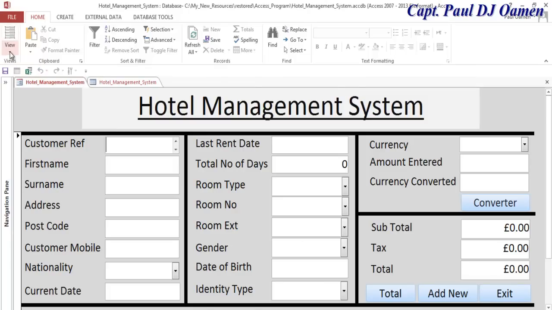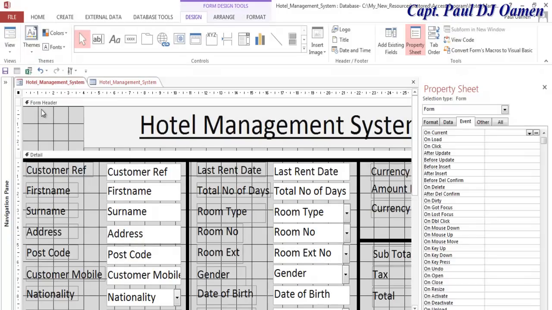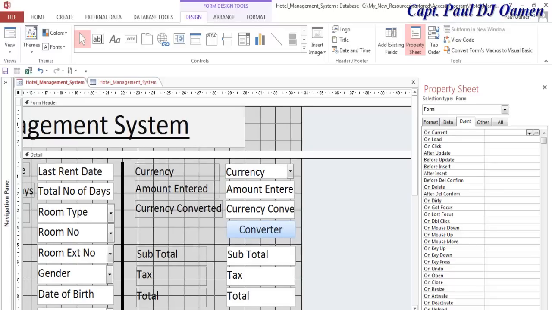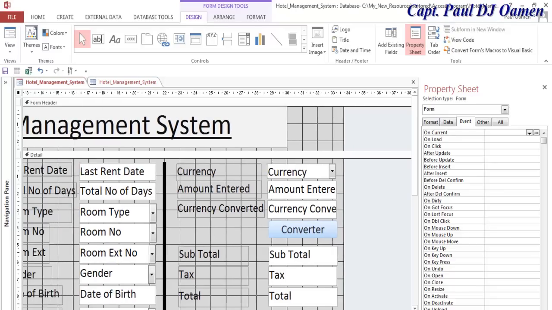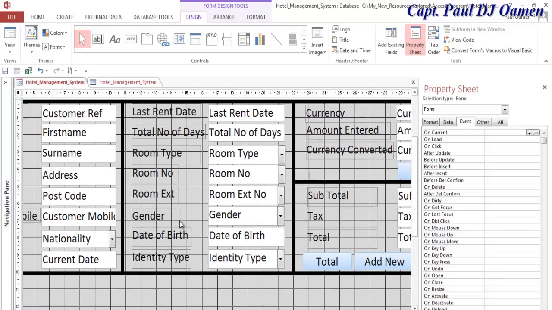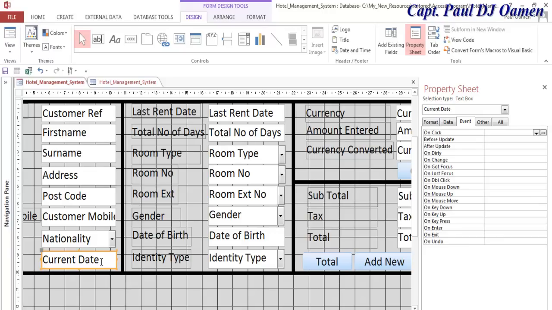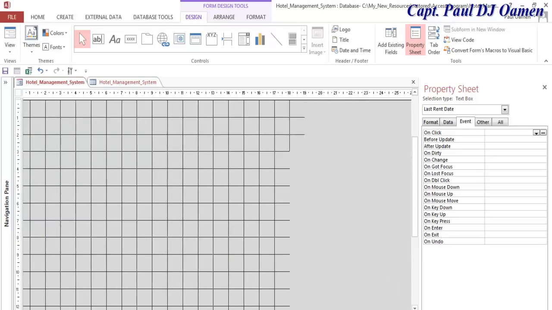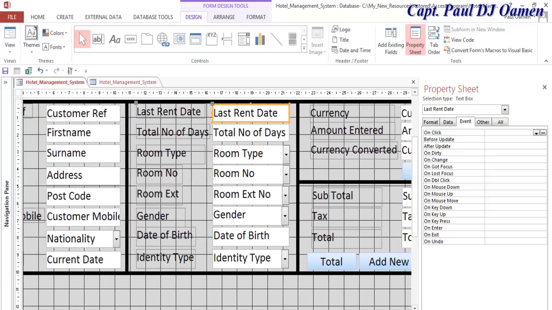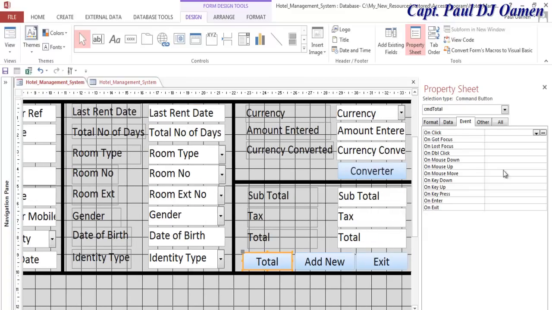Okay, so let's do that now. Let's go back to the design view. Now, for us to work out the cost of staying in the hotel, depending on the number of days, in the first place we're going to have to deduct this current date from how many days you intend to stay in the hotel. So let's come back in here. You see the total? Let's select the event, click event,